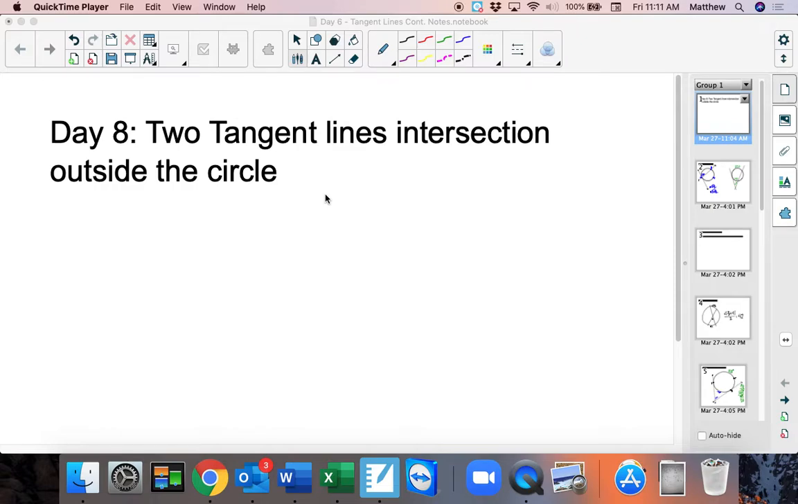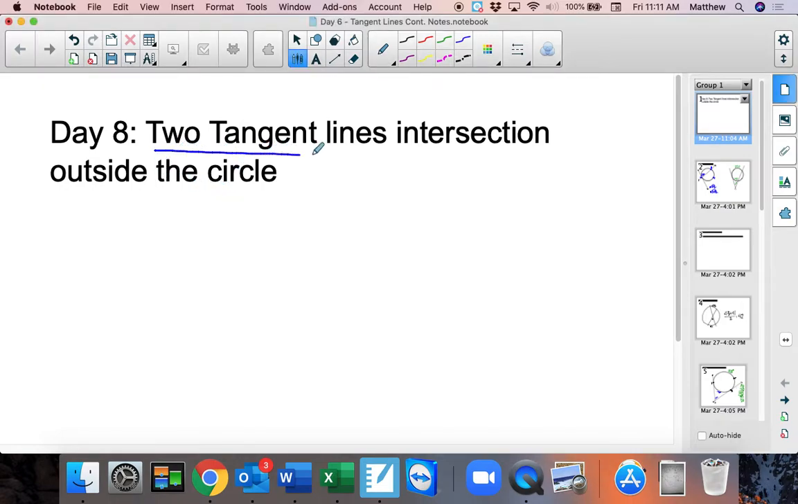Okay, so welcome. Instead of Mr. Hartz's voice today, you get Mr. Laux's given a shot for day 8, where we're doing now two tangent lines intersecting outside the circle. We've done a bunch of different combinations of secant and a tangent, sometimes inside the circle,